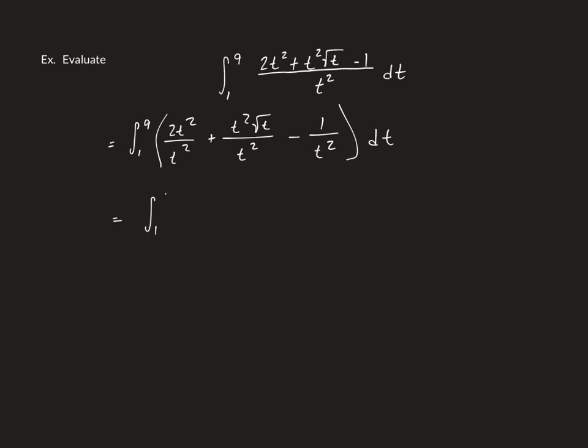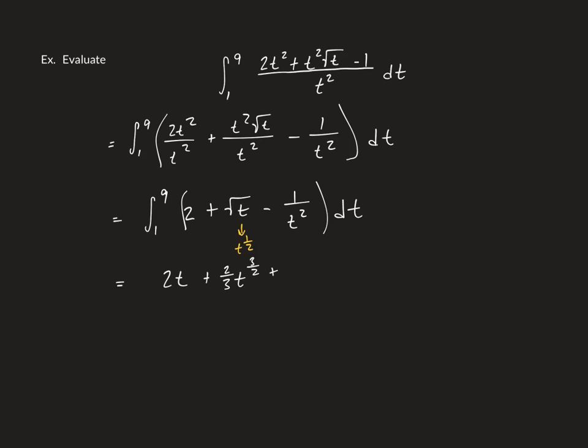So I'll have the integral from 1 to 9 of, and this is just going to be 2, plus the square root of t, minus 1 over t squared. Nothing I can do about that final term there. And so now I'm going to use some of those power rules and things of that nature. So the antiderivative of 2 is 2t, and because this is a definite integral, I don't need to worry about any c that's going to come after this. So 2t plus, and if I think about this square root of t as t to the 1/2, then I'm really just using a power rule here, reversing the power rule, so it's t to the 3/2 times 2/3, okay,